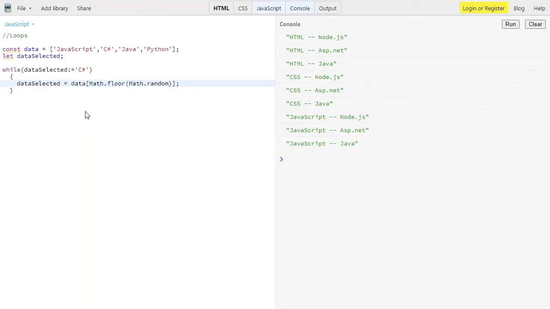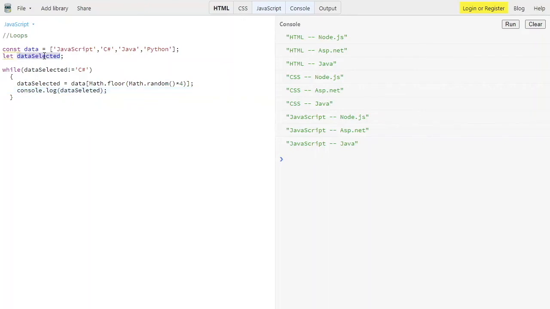If you don't know what Math.floor and Math.random are, go check out my first introductory video to JavaScript. And then we have 4 over here, and then console.log dataSelected.